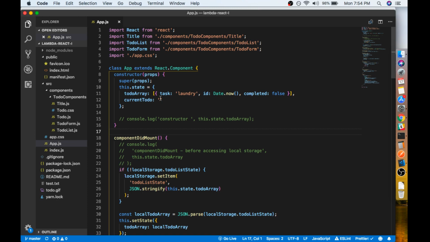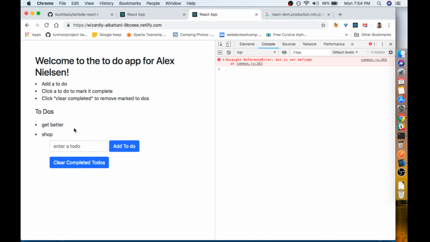Normally, since it had that default, when you hit reload, it would just go back to that one task and start over. But now I've got it where I reload, and it remembers what I've got. Okay, I can even